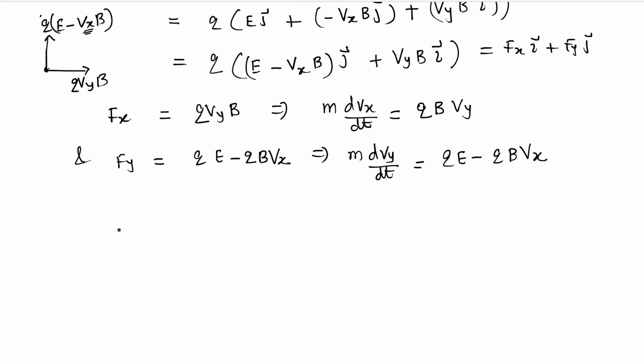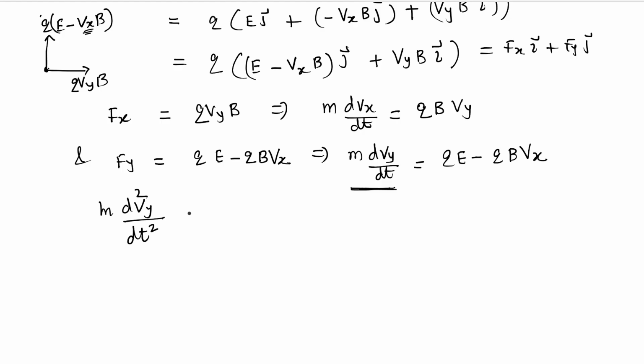Okay, let's expand on this a little bit. If we see the second equation, what I want is basically to get the acceleration in the y direction, and in fact deceleration in a sense, because it is going to decrease, right? And then see how we can use that to perform some of the other calculations to find out the minimum B, right? So let's just double differentiate this so that we get the acceleration in the y direction.